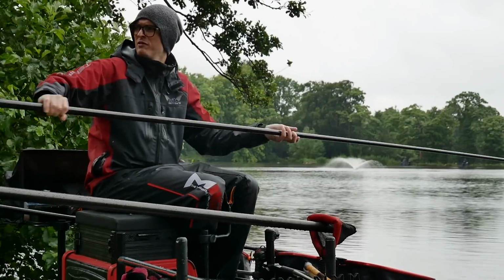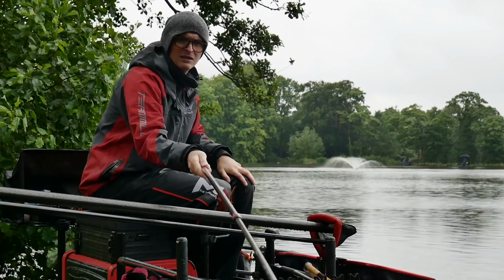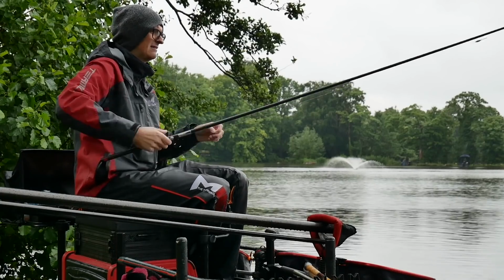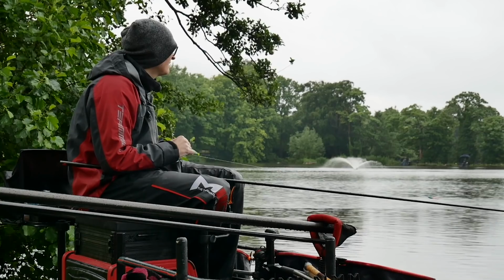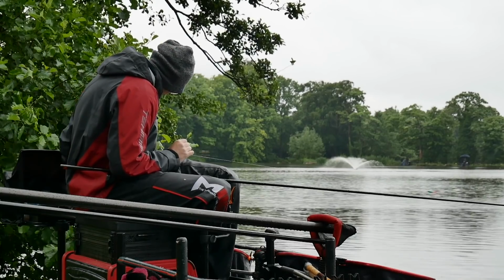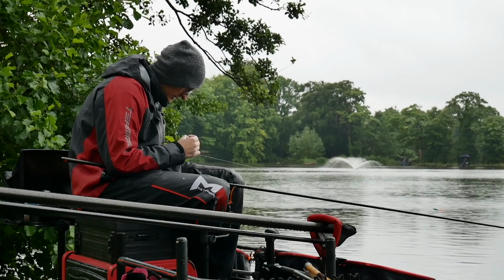We're halfway through the match and things are starting to go a bit wrong, if I'm honest. We've got probably £30, but the method and the wag I can't get a bite on now, so what I'm going to do is I'm going to try and concentrate on